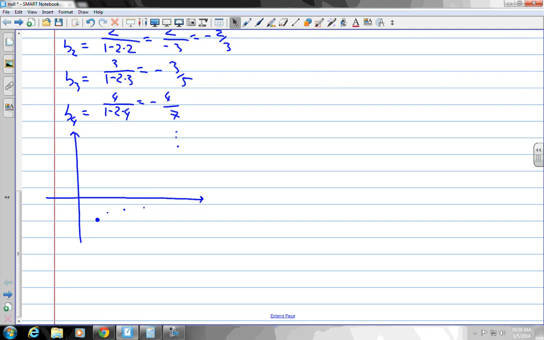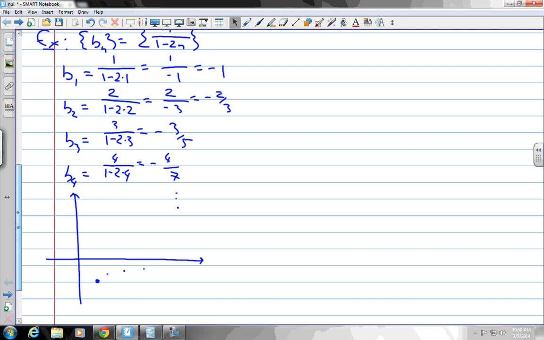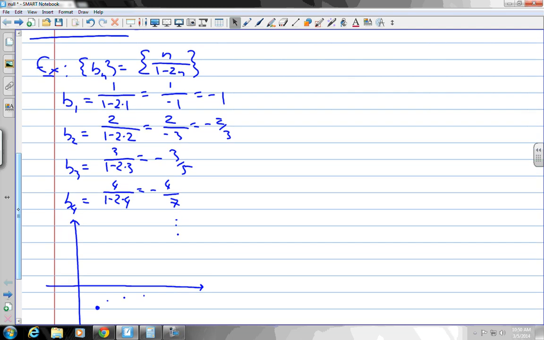Yeah, I lost interest in the graph already. You got the idea of what I was trying to do. Now, there are many ways for us to study this sequence, because we can try and apply